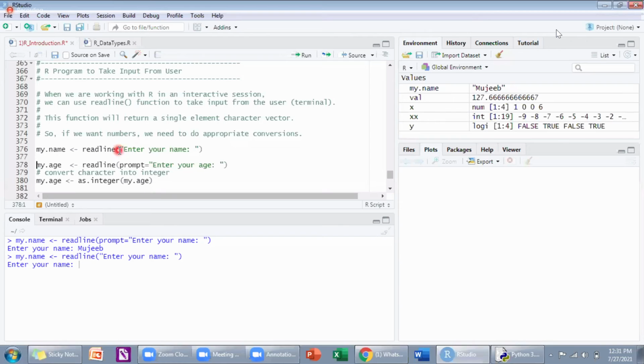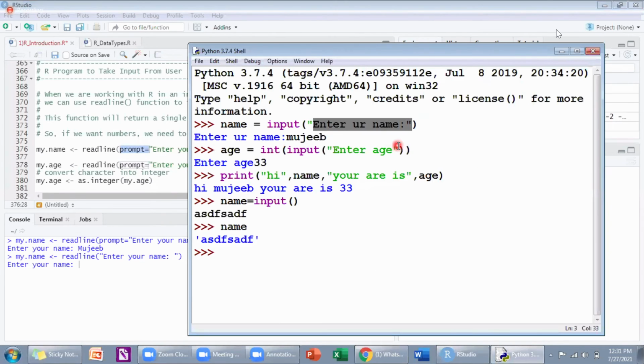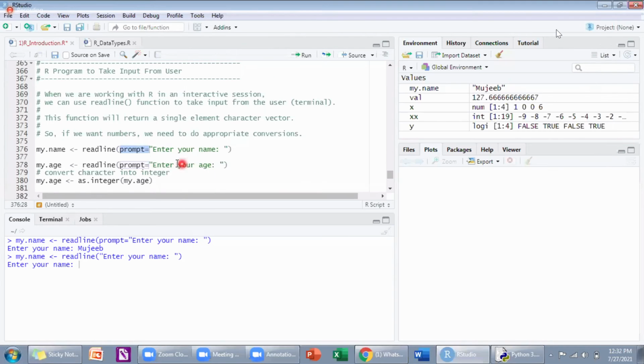You don't know that it is a prompt in Python because we never used that. I am not saying it will not work, but that is a prompt message. We call it a prompt message.